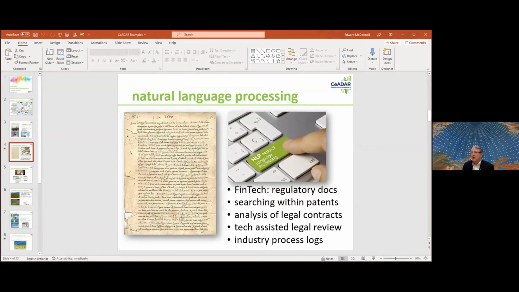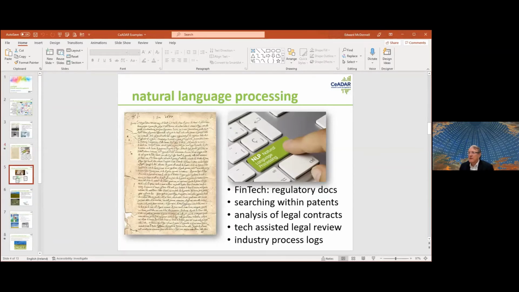And I suppose a more example now coming from industry is that industry, particularly the process industries, generate a lot of what are called process logs. So these are records of the process as it's running. Again, a huge amount of text that's generated. And of course, it's so much easier if we get the machines to ingest that text and be able to find the hidden insights and use all that information to improve the efficiencies of processes.